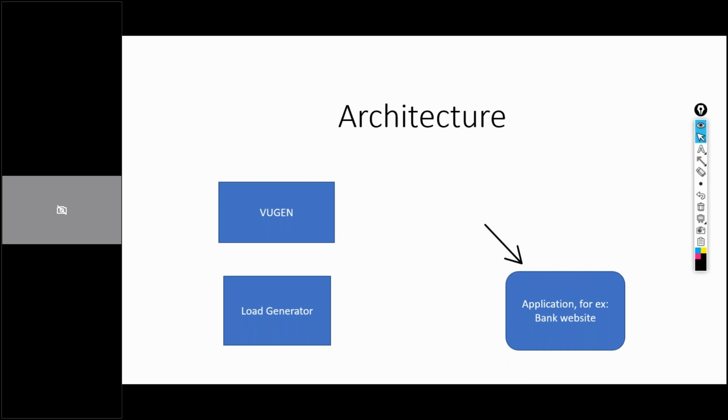Okay, so now we have virtual users ready through the load generator. Now we have scripts ready through Vusion. Now when you have scripts ready, you have to trigger the execution of those scripts, right? So there should be some component which helps us in triggering that execution. That component is called the controller or performance center. This component is responsible for executing the scripts, or in a sense, triggering the execution.